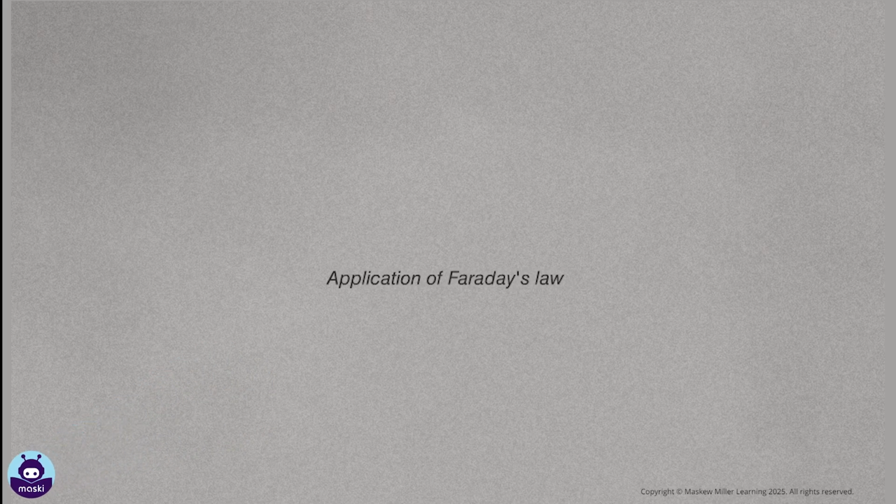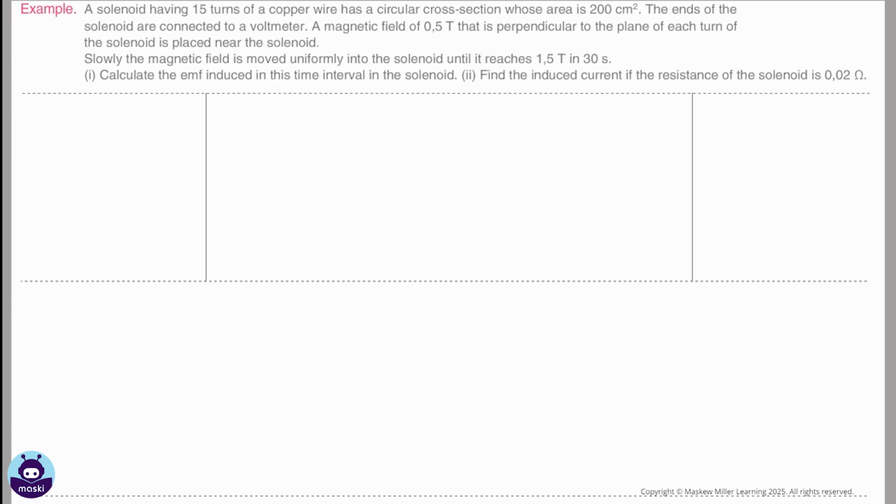Application of Faraday's law. A solenoid, having 15 turns of a copper wire, has a circular cross-section whose area is 200 centimeters squared. The ends of the solenoid are connected to a voltmeter. A magnetic field of 0.5 Tesla that is perpendicular to the plane of each turn of the solenoid is placed